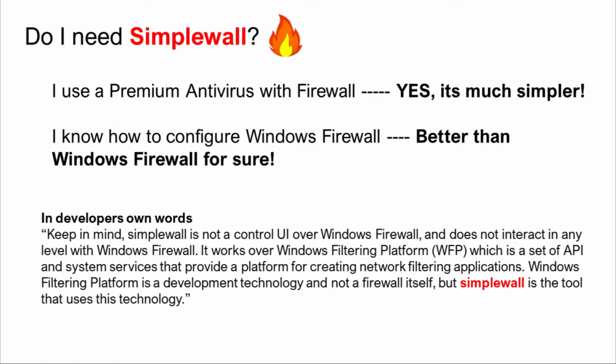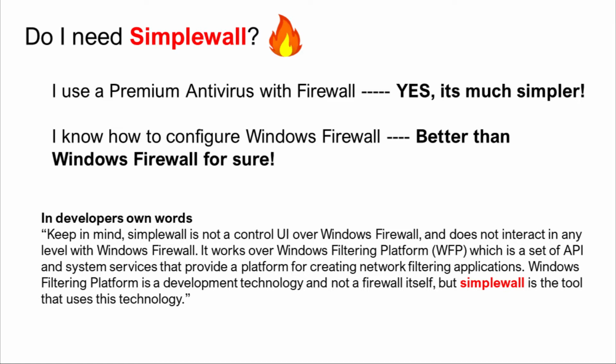Now you can configure Windows Firewall also to block unwanted apps and allow only a few apps to access the internet, but Windows Firewall will not block Windows. It will allow the operating system itself to communicate, and there are loopholes built into Windows Firewall. Many software will even bypass Windows Firewall just because they are signed. So SimpleWall will help you avoid those kinds of situations.